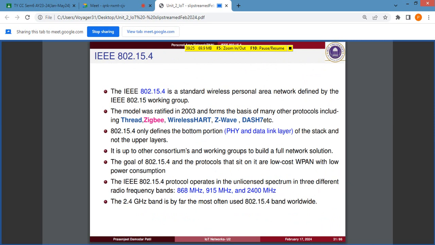Since these frequency ranges are free, there is a group called IEEE. They exploited this particular frequency band and started developing devices which can exchange information from one device to another, and they formed a group or community called